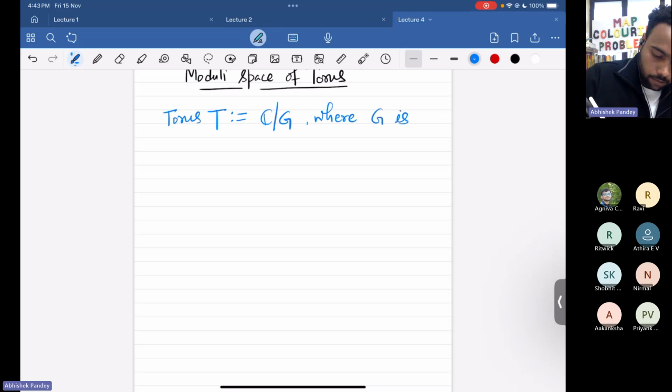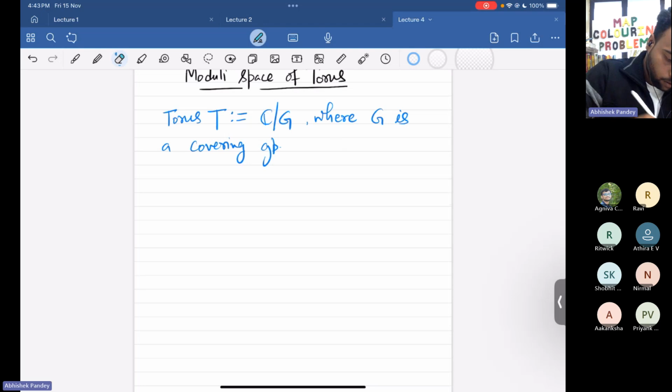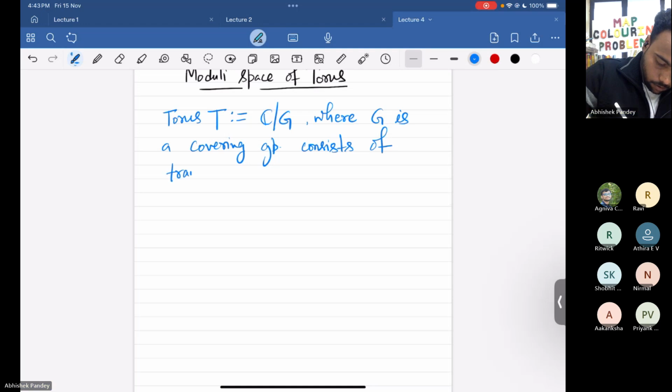Since we have seen covering groups, that lattice group is nothing but the covering group of C, which consists of translations z going to z plus m